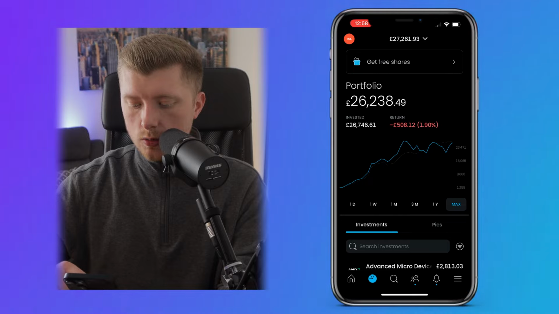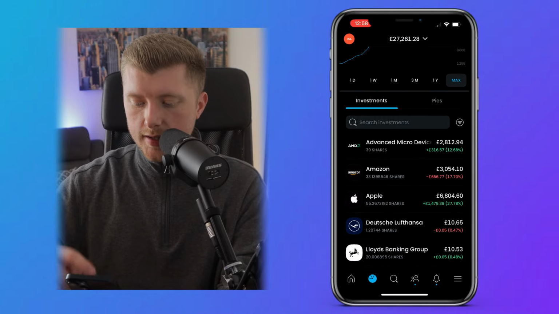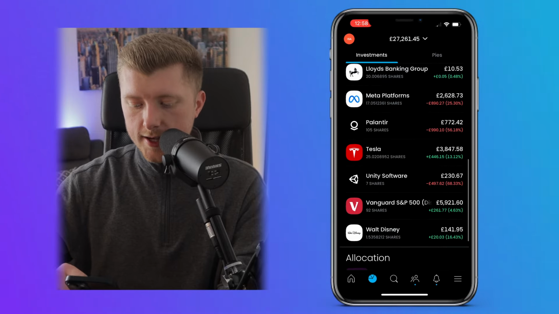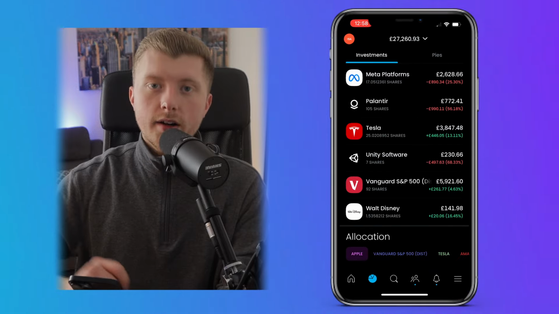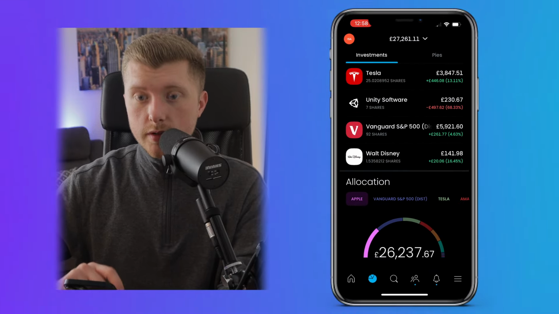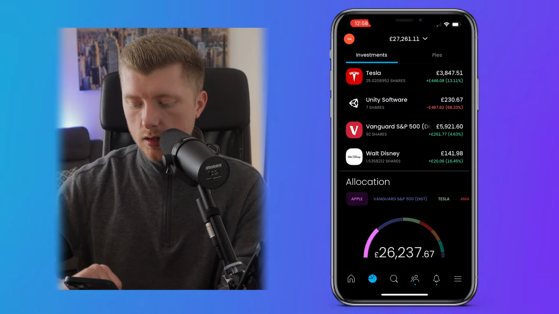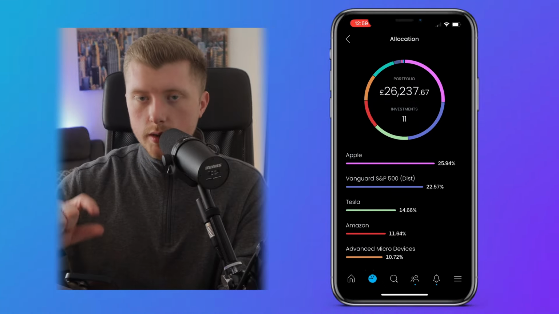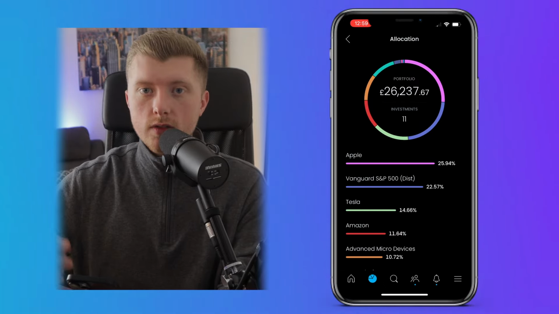So in terms of those individual holdings, most of it is made up of AMD, Amazon, Apple, Meta Platforms, Palantir Technologies, Tesla, Unity Software, and a Vanguard S&P 500 ETF. Now, in terms of allocation, going back to that point, if you just click on the icon at the bottom of the screen, it will bring up your whole investment portfolio and the percentage split between each of the investments